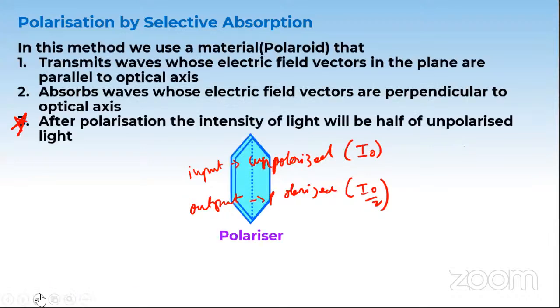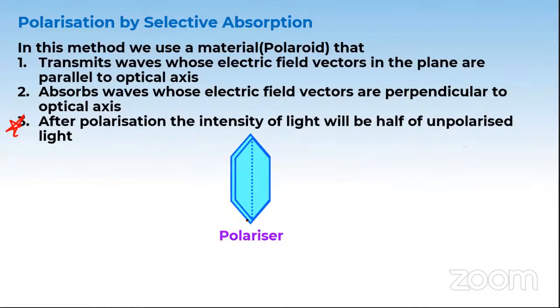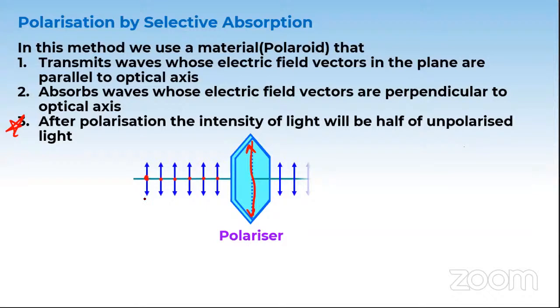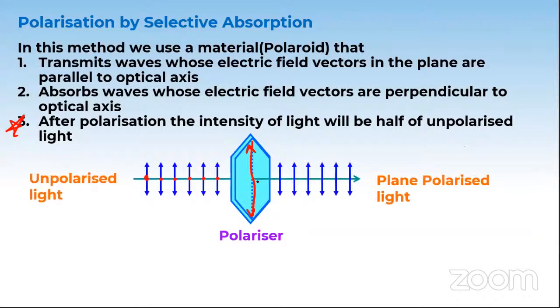Notice here, I'm showing it with a diagram. There is a polarizer here, and there is an optical axis in this particular direction. An unpolarized light, the red dot and blue dot perpendicular to each other, is passing through the polarizer. The polarizer will allow light exactly in its axis. Perpendicular or different directions will be blocked or absorbed, and only light exactly in the plane of the polarizing axis will pass through. If the input has an intensity of I naught, the plane polarized light will have an intensity of I naught by 2.